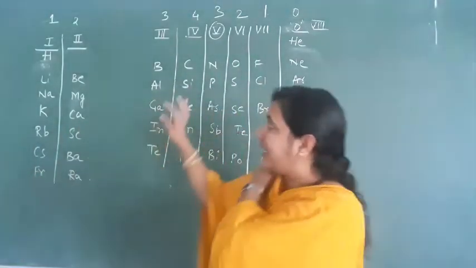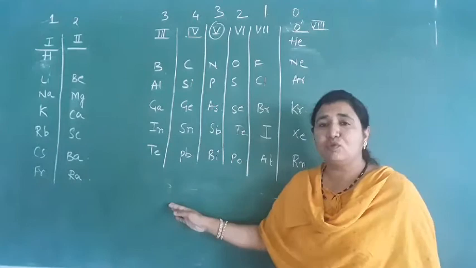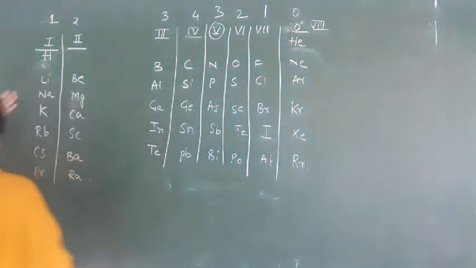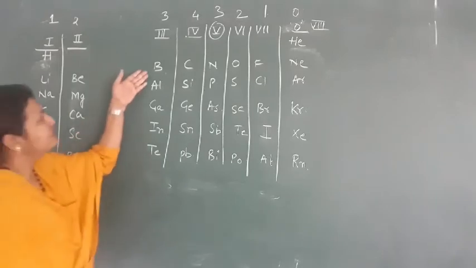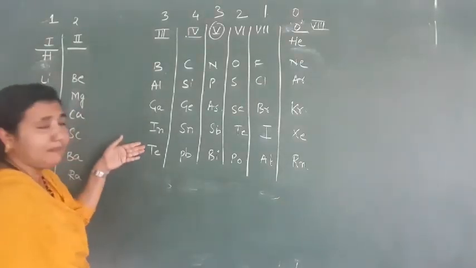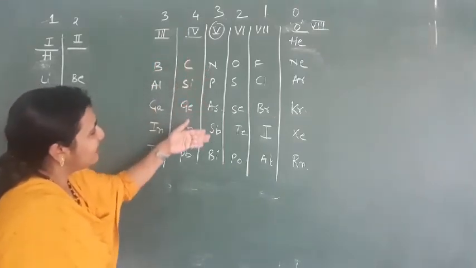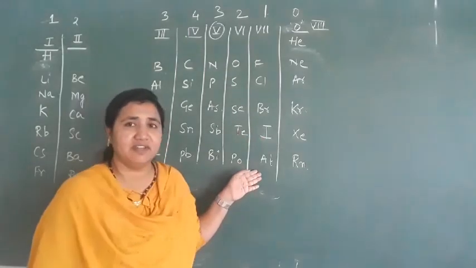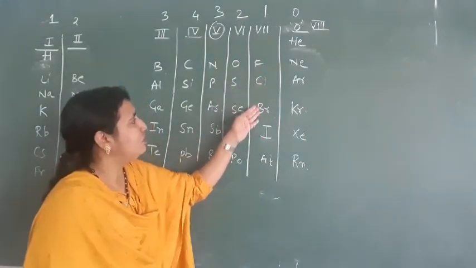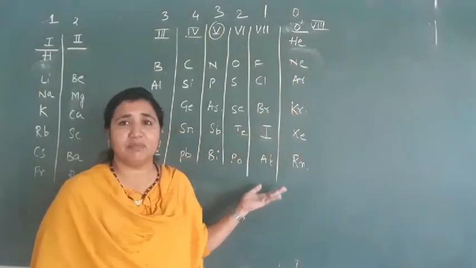If you want to remember these elements, you can use songs or mnemonics to memorize the groups. For example, in Hindi there is a rhyme, and in Kannada another. For the seventh group, fluorine, chlorine, bromine, iodine and astatine, and for the noble gases, helium, neon, argon, krypton, xenon, radon, you can remember them just with the names.